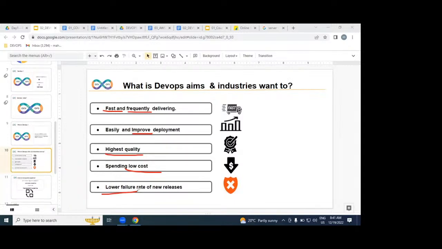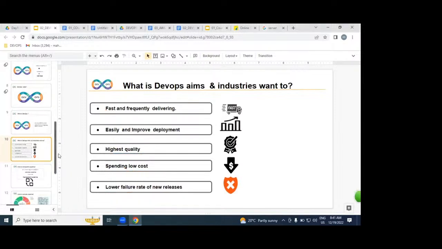Simply, speed is increased, cost is reduced, quality is increased. So quality is increased and cost is decreased, who doesn't want this technology? That is the reason there is more demand in DevOps. Understood very clearly? If you go to any shopping mall and buy Pepe jeans or any pant and shirt, instead of 2000 rupees, if you're getting it for 200 rupees, you are happy or not? Are you saving your expenses or not? The same concept.